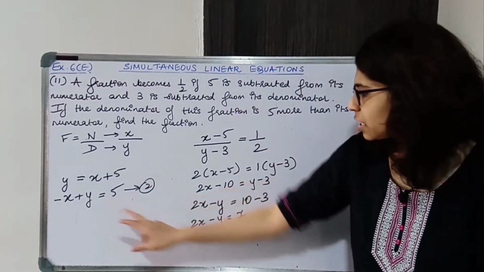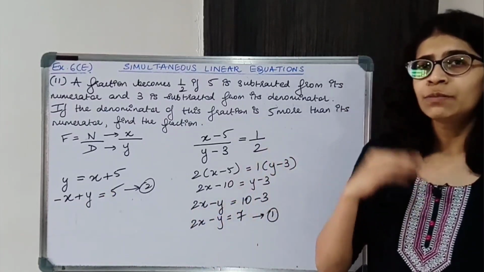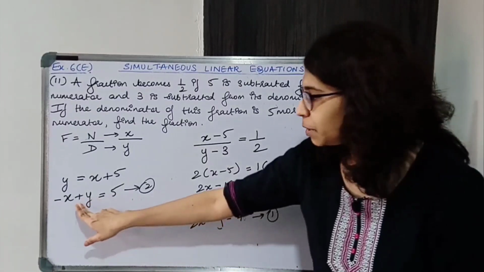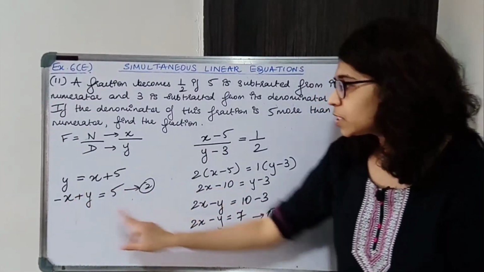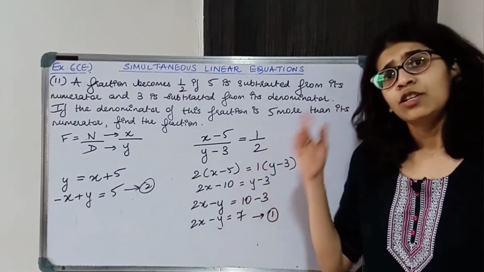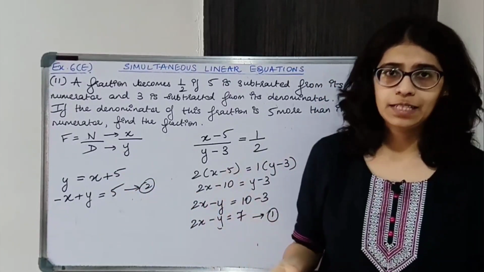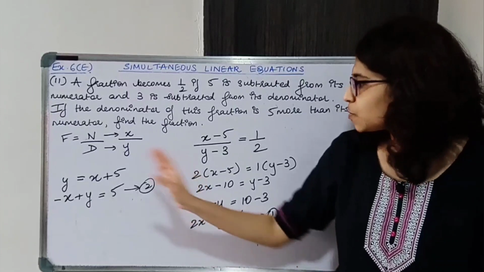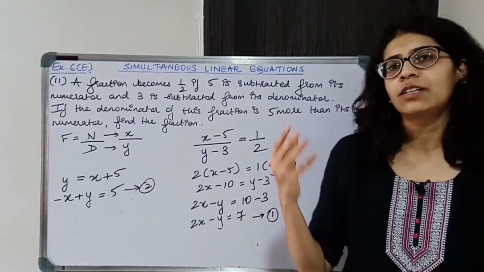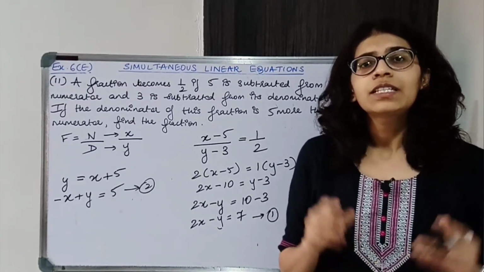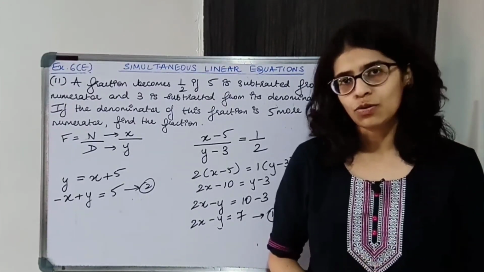We just have to solve these two. You don't need to even make the coefficient same. y का यहाँ पे कोएफिशिएंट 1 है, यहाँ पे भी 1 है, and the signs are opposite, plus y minus y. So you just need to add the two equations and you will get the value of x. Once you get the value of x, substitute it in either of the two equations and you will get the value of y. Okay, so let us now write down the statements in proper manner and then solve.